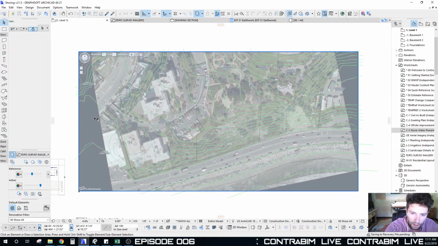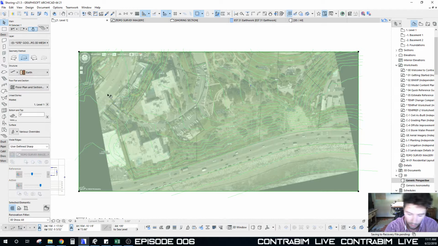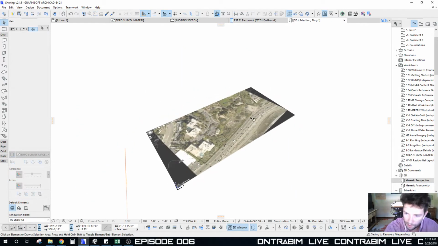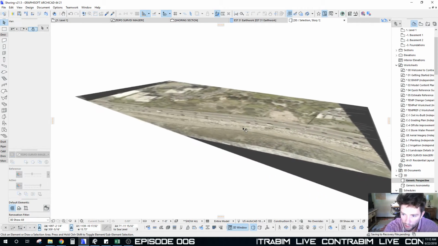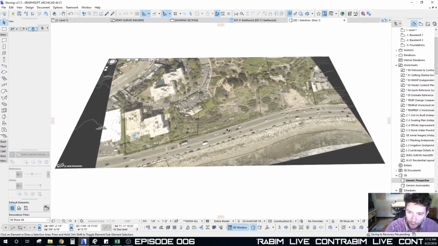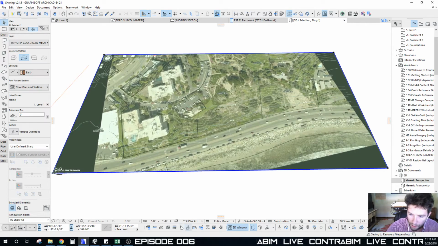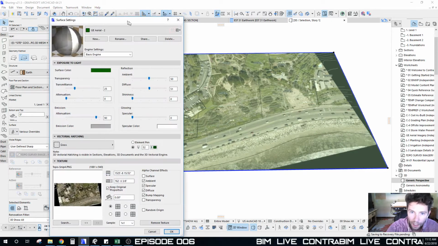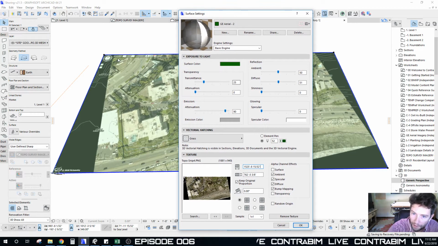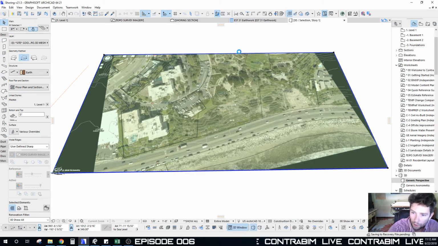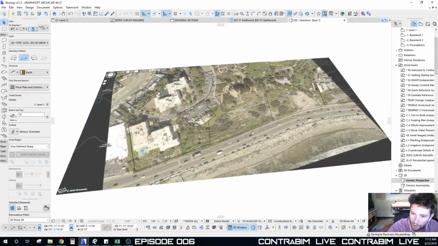So at this point, if I grab that mesh and we go to 3D here, you can see that right now we have just a very flat mesh. There is no elevation to it. But you can see that I've also already mapped through our surfaces. I've already taken that same texture that we saved out as an image from our source file, and then I did a quick measurement on it to scale it to find the overall size of it, and then I've mapped that imagery to my Google Earth aerial texture here. So at this point,